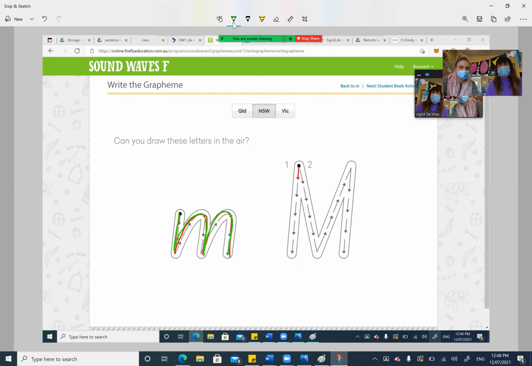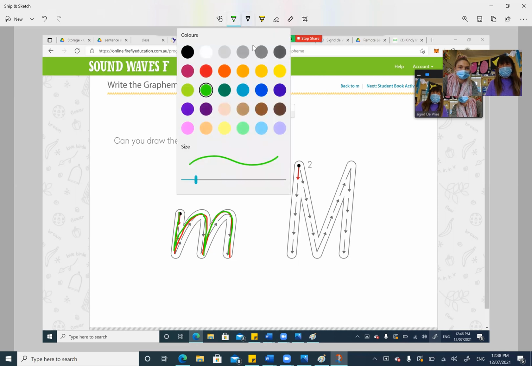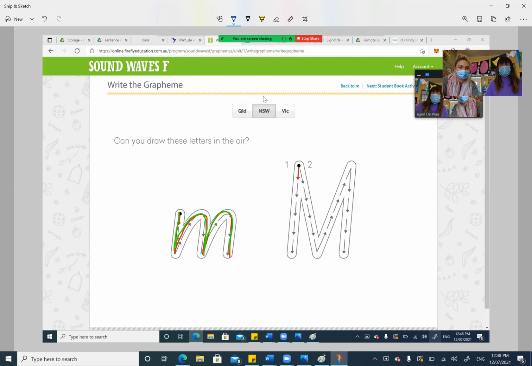Remembering before you start any sort of writing, you must remember 1, 2, 3, 4 feet flat on the floor, 5, 6, 7, 8, back up nice and straight. 9, 10, 11, 12. Everybody show me how your pencil's held. Remember, you're using thumbkin, you're pointing with pointer and you're leaning on tall man. Good work, everybody. Let's try a different color now. We'll start at the top, go straight down, back up, around, down, back up, around, down. Perfect, well done. One more color.